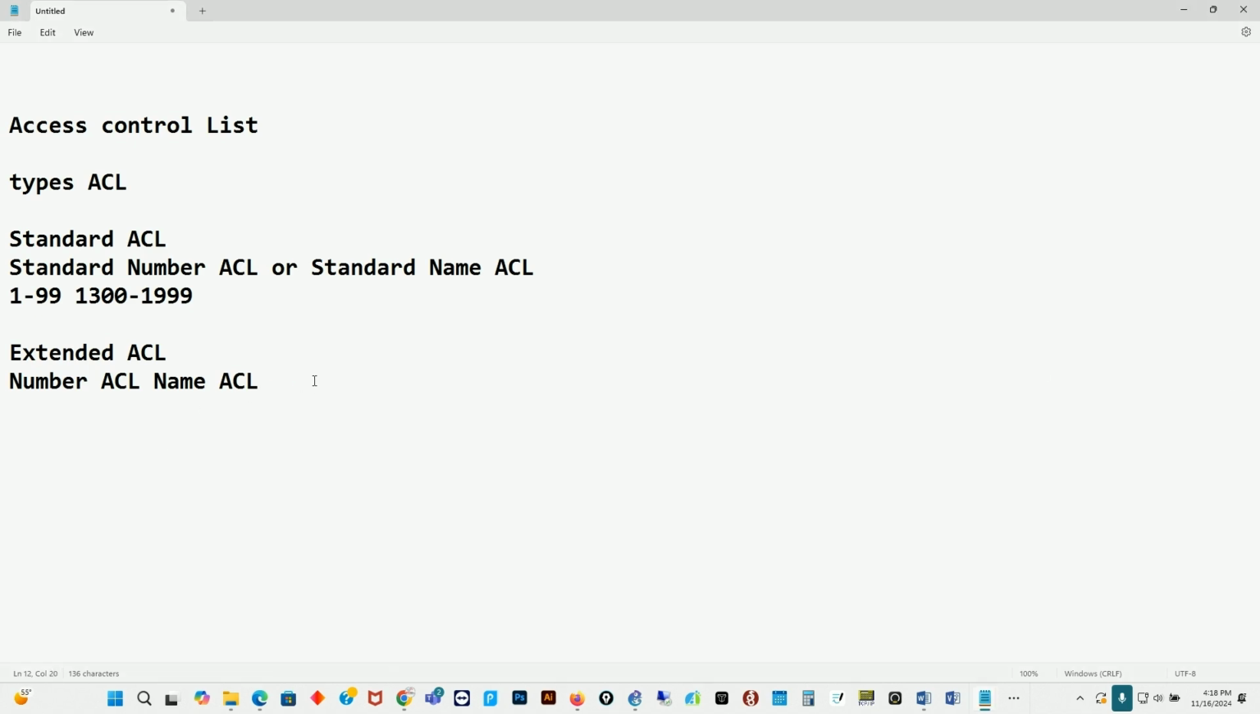And if it's extended, we have it to be 100 up to 199. And then the extended range for the ACL number under the extended ACL is also 2000 to 2699. So it's 2699. And then another significant difference between the standard and extended, with the standard you only deal